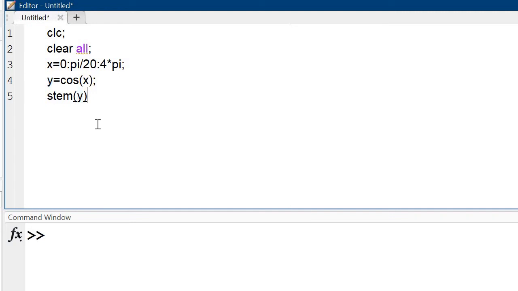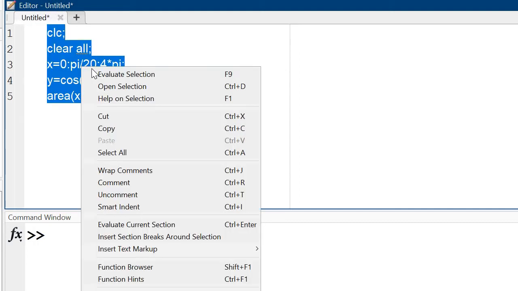Now after that, if I change this stem into the next command, that is area x comma y. Now what is the result?